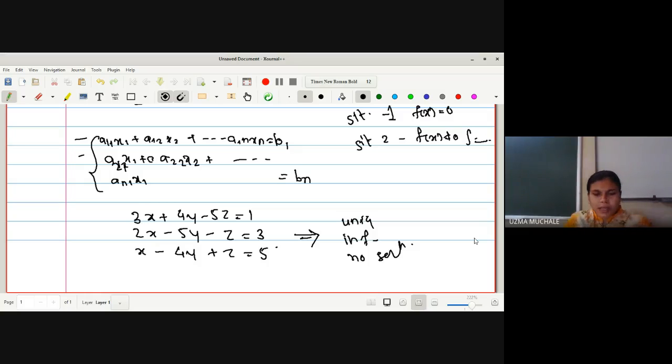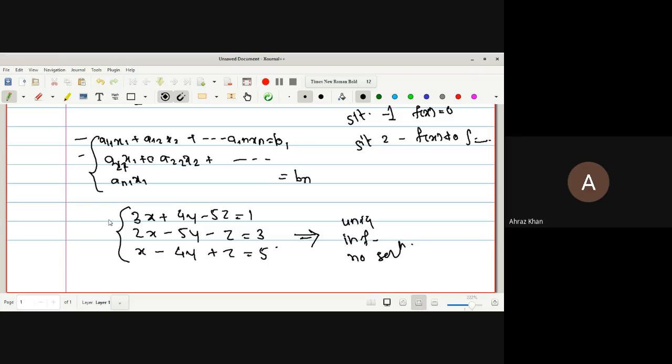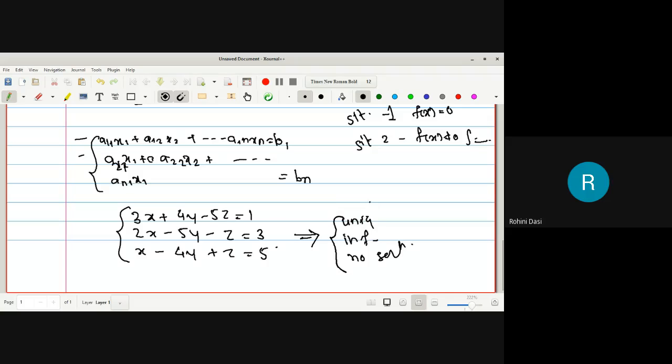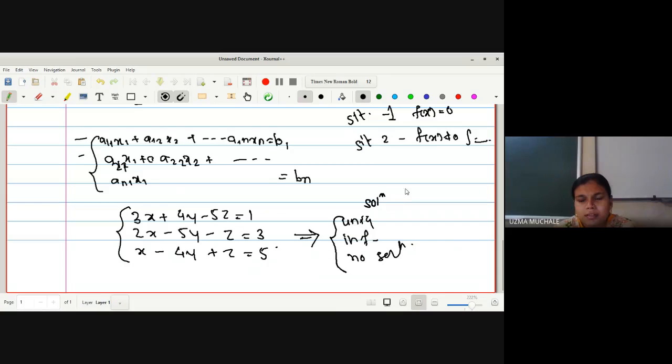Now, can you please explain what these equations are? What is the geometric interpretation of these equations? Is it an equation of a plane, or an equation of a line in 3D space? What are these equations? Ma'am, plane. Correct. If it is a plane, does everyone remember this, unique solution, infinitely many solutions, no solutions? Yes, ma'am. In BSc, we have seen the types of solutions.